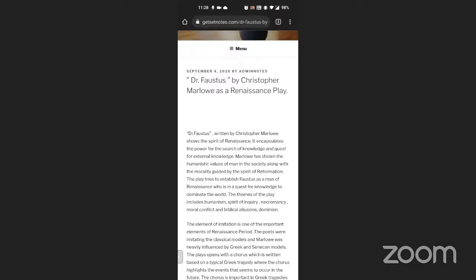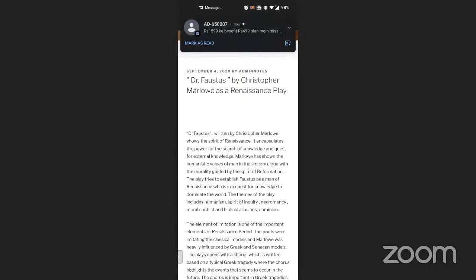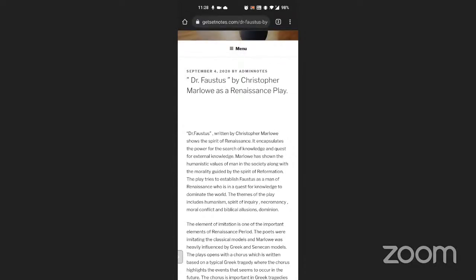He wants to learn so many languages, so many subjects. He has something in him. He wanted to learn everything. He wants to become powerful like a god. Marlowe has shown the humanistic value of man in society along with the morality guided by the spirit of reformation. The play tries to establish Faustus as a man of Renaissance who is on a quest for